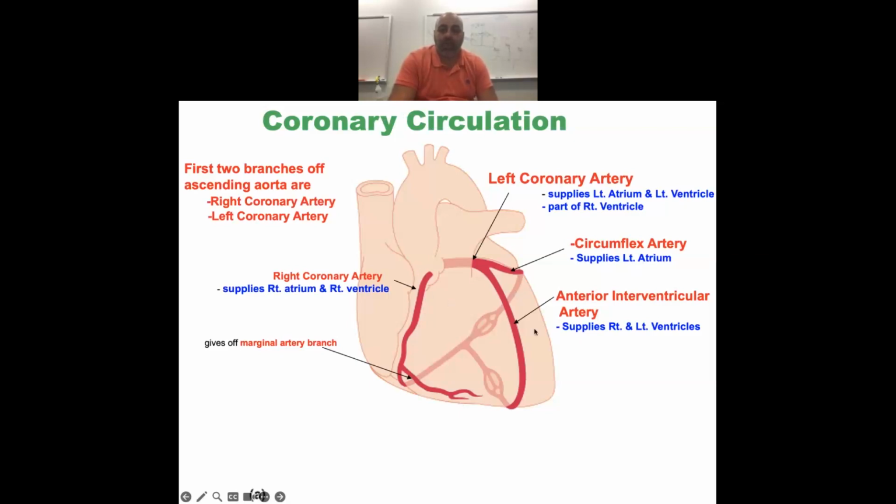Here, this is the actual supply to the tissue itself, to the myocardium. So there's the aorta, and we can see vessels coming off of it. We have the right coronary artery, the left coronary artery, the circumflex, which goes all the way around, like circumnavigate, and the anterior interventricular artery, which I learned as left